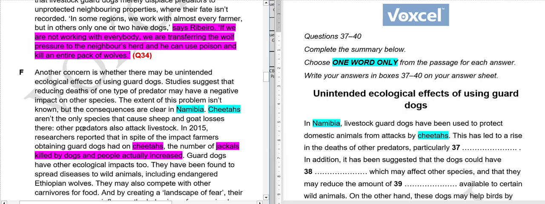So, cheetahs aren't the only species that cause sheep and goat losses. Other predators also attack livestock. In 2015, researchers reported that in spite of the impact farmers obtaining guard dogs had on cheetahs, the number of jackals killed by dogs and other people actually increased. So cheetahs were saved, used to protect cheetahs, but this led to the death of other predators. And who are they? Jackals. So our answer to this question is